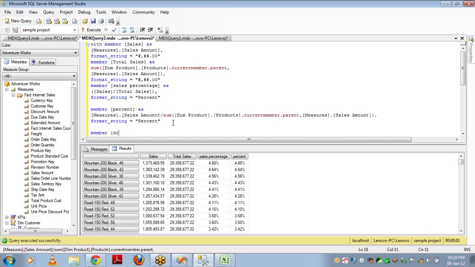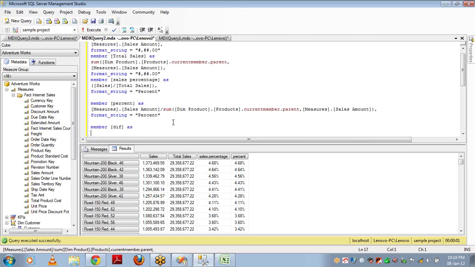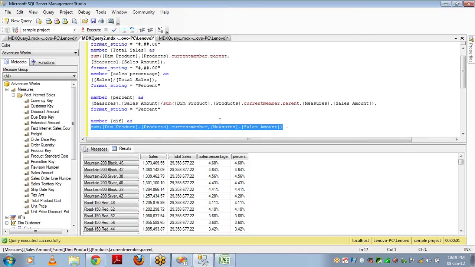Remember, difference as, what's the first case? The first case is current member sales minus the next member sales.